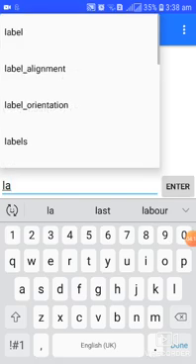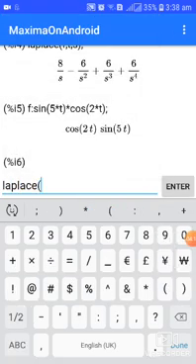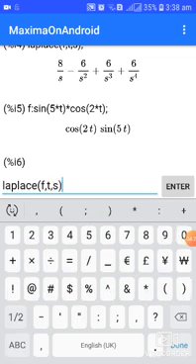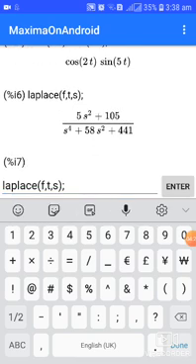For that, Laplace of function is, here we have given f, then t comma s. Now we have seen how to find out the Laplace transform of the given function.